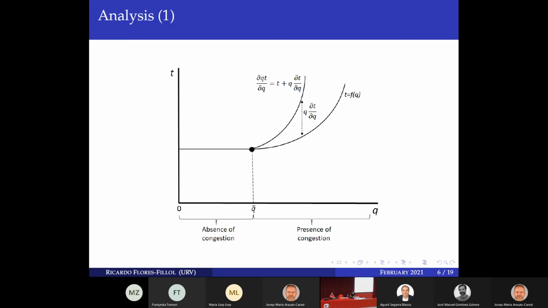But from a certain threshold, this Q tilde, if you look at the T function, which is your individual time or, in terms of public economics, the average cost for a commuter, the average cost that you experience, when there is congestion your cost increases exponentially, and this is very important. Congestion is an exponential behavior. When there is congestion, your travel time increases exponentially. I'm talking about the second function, the one on the right, T in terms of traffic.